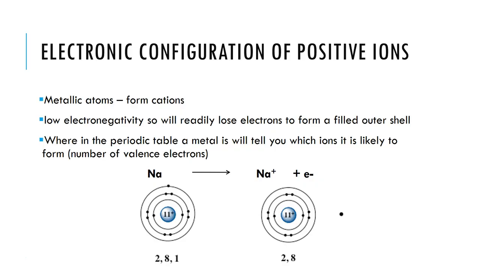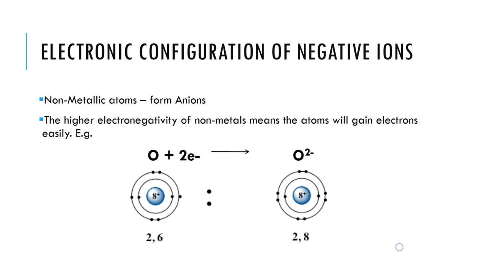When we have an electron configuration of a positive ion, they lose electrons, and when they lose them, they form a filled outer shell. They've lost all the electrons, so this outer shell is now empty, and this one is complete. It has a complete octet, which makes it very stable, and is generally why atoms attempt to make ions. In the case of negative ions, we go from a partially filled outer shell,